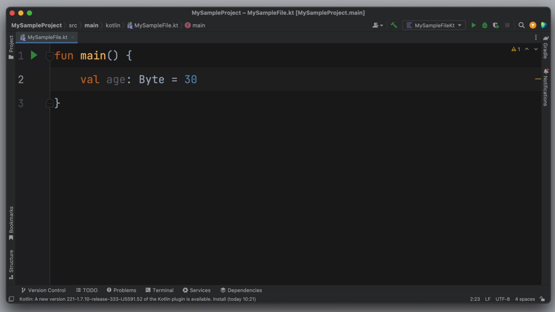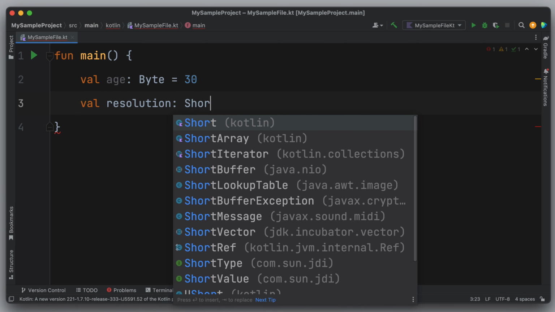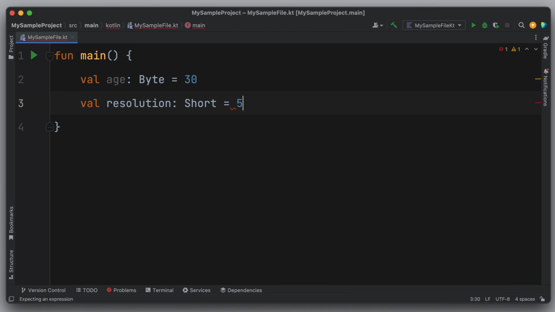For example, to store the resolution of a monitor, I create a variable named resolution with type short and give it 5000. Notice that for declaring our variables, I'm using the val keyword because later we don't want to change their values.